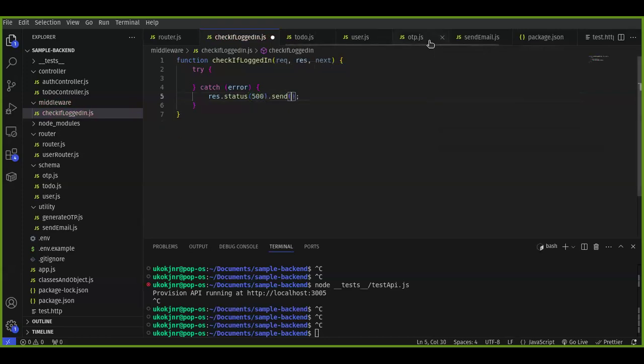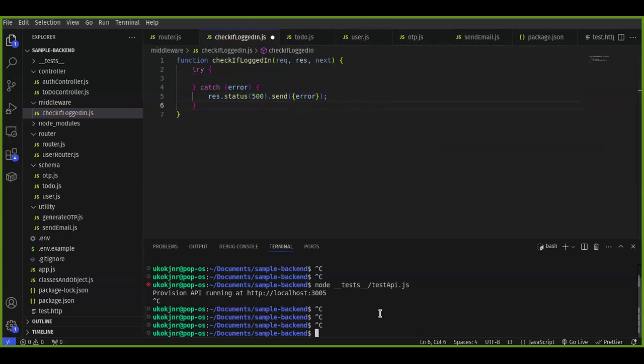Then I'll just say error. Then here, what will happen is I would say req dot. So now, first thing you should know is that you're sending your authentication token via, okay, so let